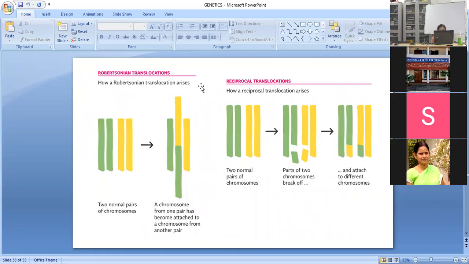Now, these are different forms of translocations. One is Robertsonian translocation. The other is reciprocal translocation. Reciprocal means just crisscross. Segment to segment will attach, and it will produce recombinants of this particular type. And in case of Robertsonian translocation, there will be acrocentric chromosomes, and the cross will appear in the formation of a chromosome from one pair that has become attached, and there will be some segmental losses. One pair will lose a part and will result in 3 chromosomes from this particular Robertsonian translocation.